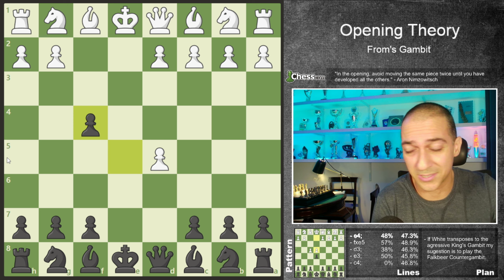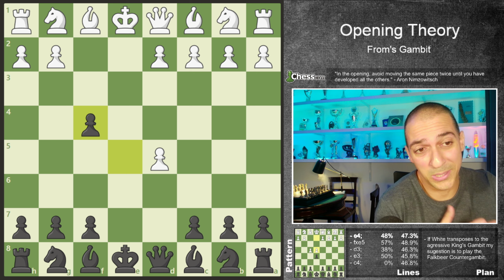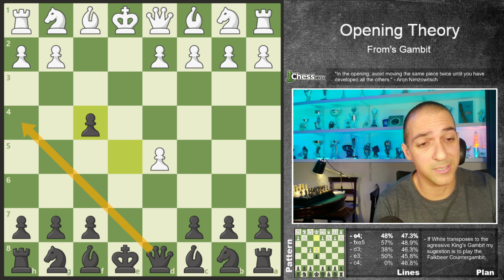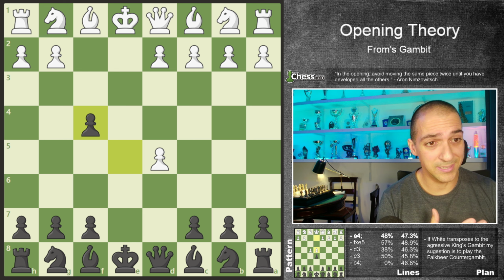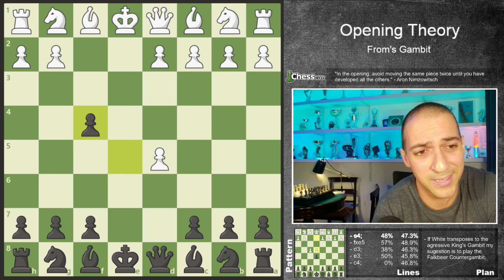I prefer pawn takes pawn. Why is that? Simple, because you can win material. Because right now the queen is attacking this pawn and you're threatening again the ideas with queen h4. So in this Falkbeer counter gambit, the ideas are always on the king side and you want to attack on